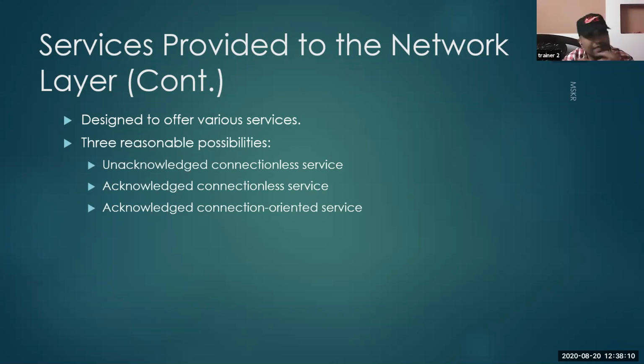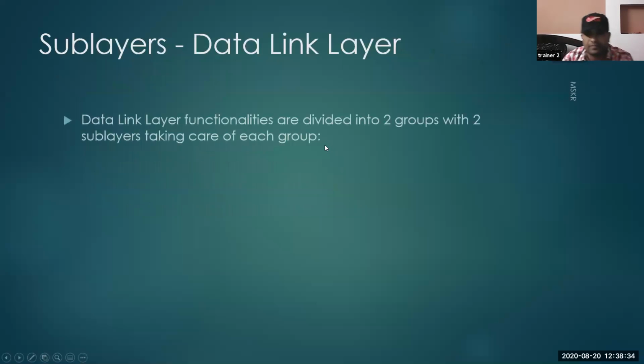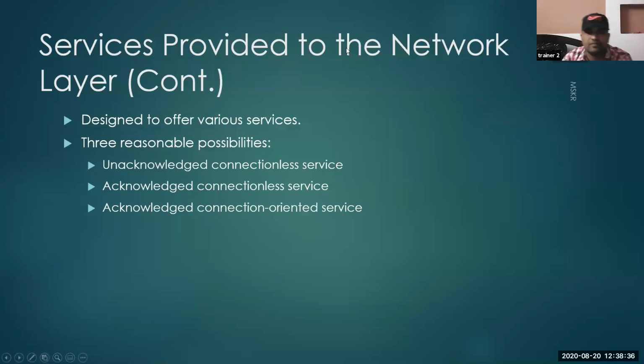Not just three, it can offer many other services, but there are three well-known services which are implemented in almost every architecture designed till now for computer networks, not just OSI, not just TCP/IP. Whatever architecture you take, the designers came to a conclusion of these three services.